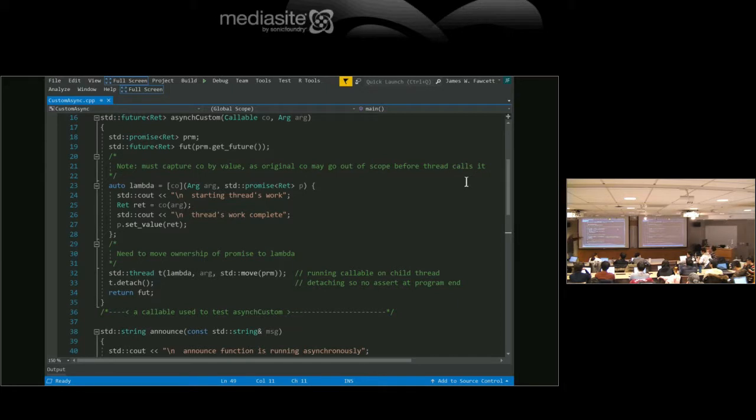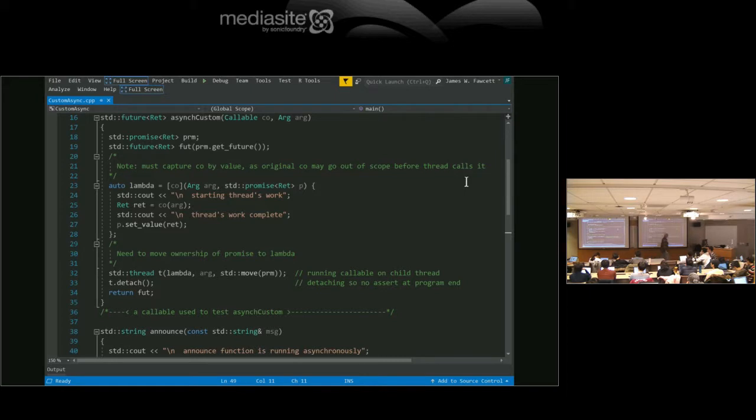Now, my thread starts to run. I detach the thread, so you never have to call join or detach. I detach the thread, I return. So what happens is I create the thread, detach it, and return immediately. Bam! Almost immediately do I return. And the thread goes on and does its job.